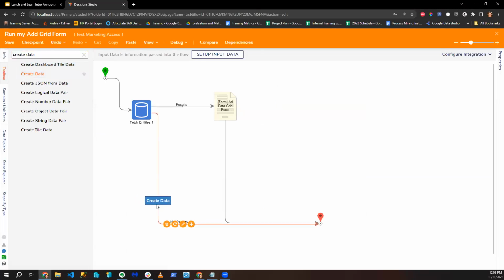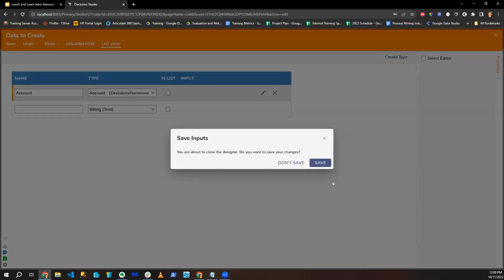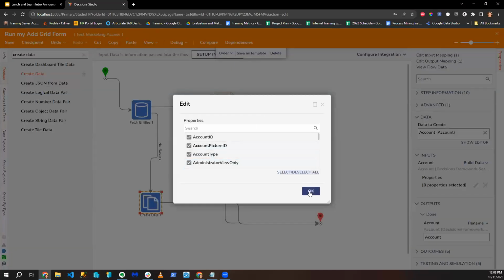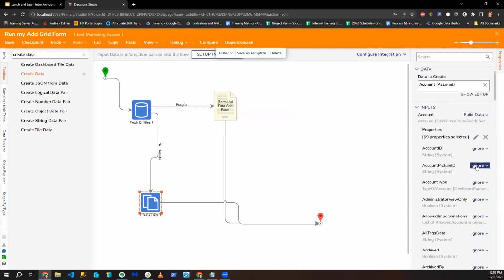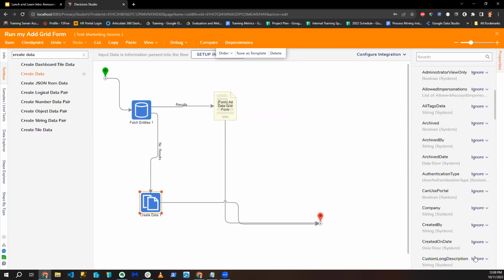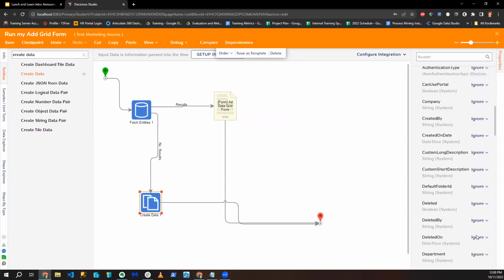Create data. I'm just going to put this over here. Account, boom, boom, build data. I want all the properties. So you've got 1, 2, 3, 4, 5, 6, 7, 8, 9, 10, 11, 12, 15, 16, 17, 19,